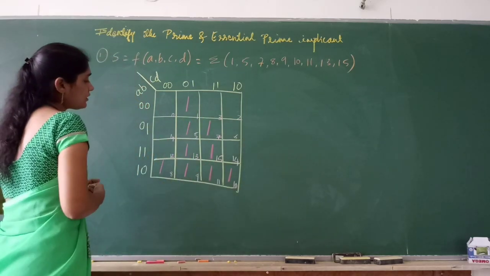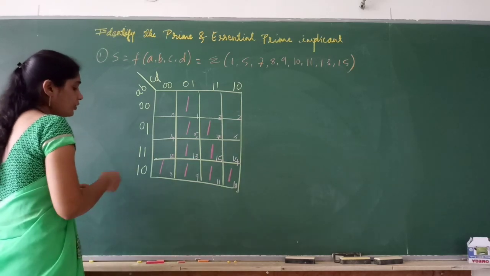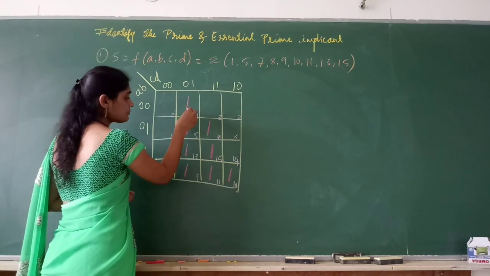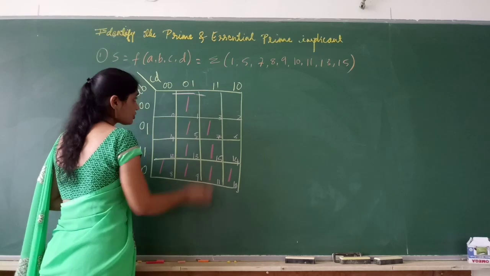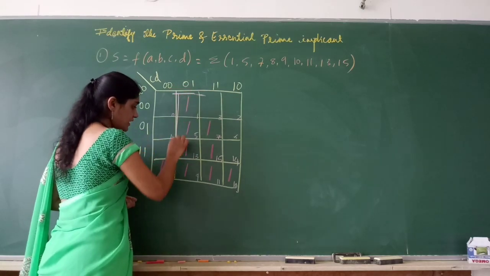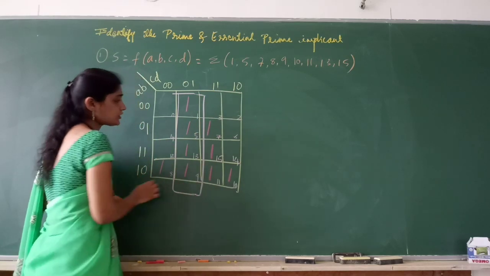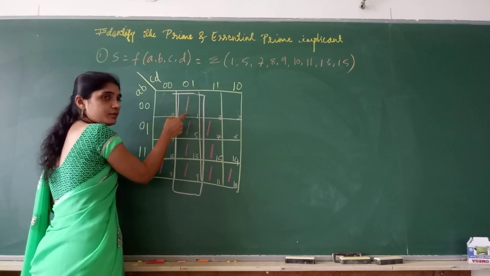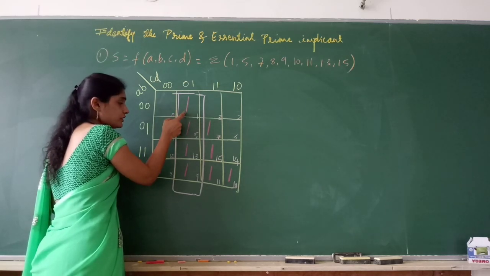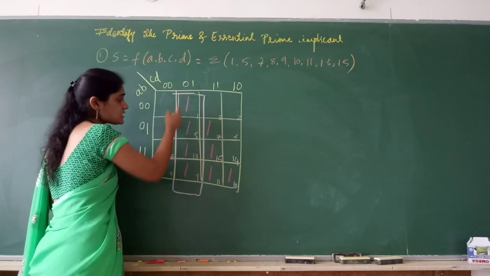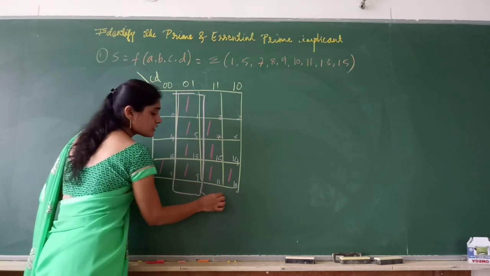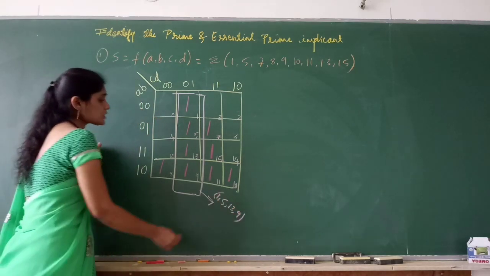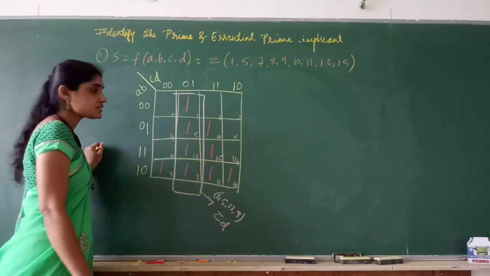So when you look at the K-map, how do you group min term 1? The only possibility to group min term 1 is to group 1, 5, 13 and 9. Only then will this particular min term be covered. Yes or no? In order to group this, I have to go for these adjacent cells 1, 5, 13, 9. So if I group 1, 5, 13, 9, what is the equation I get? C bar D.